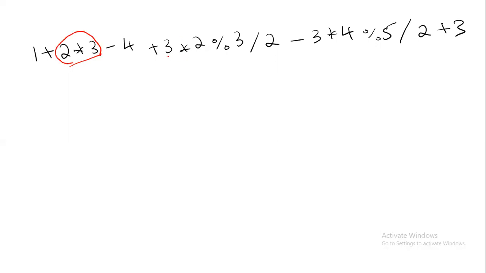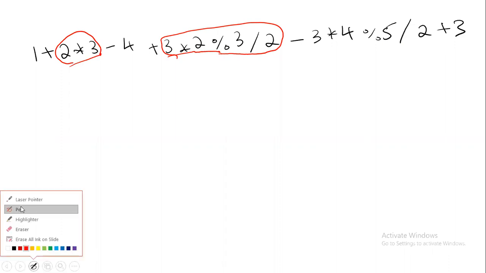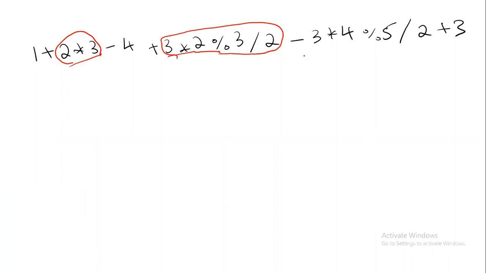Here multiplication, and you are seeing modulus also, so you have to continue that. Don't only do it for multiplication, because all of those have the same priority. Division also, and division modulus. All these have the same precedence, so I'll group them together. Then the highest priority comes here: 3 into 4 modulus 5 divided by 2. All these have the same precedence, so I'll group them together.